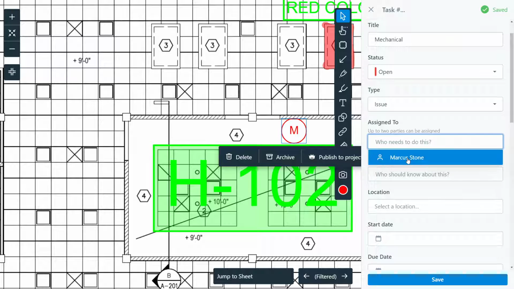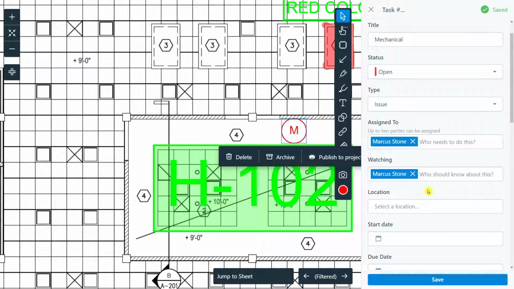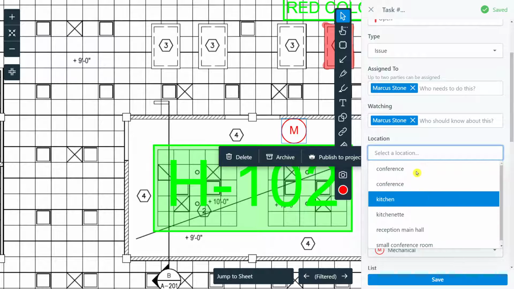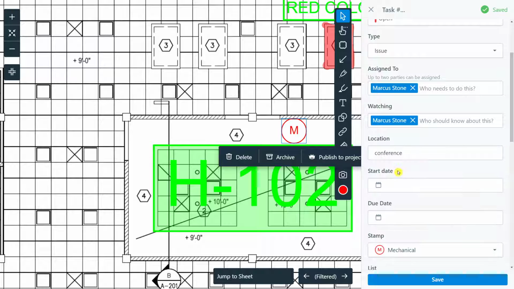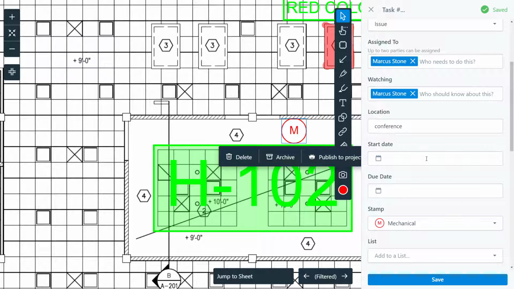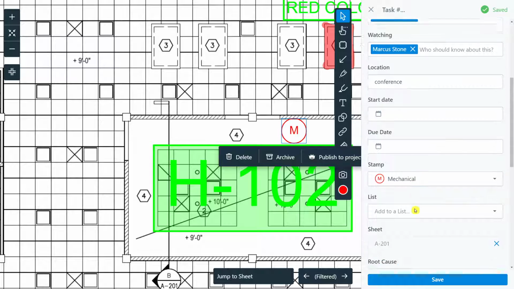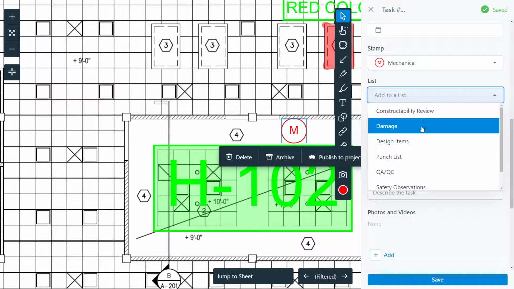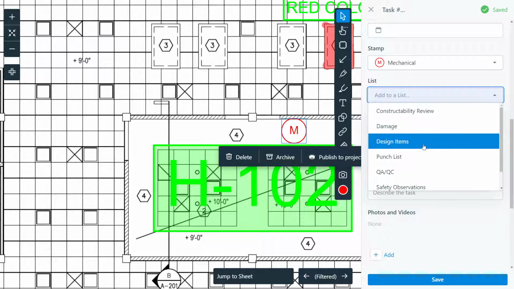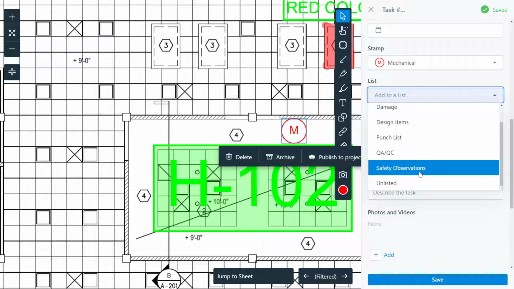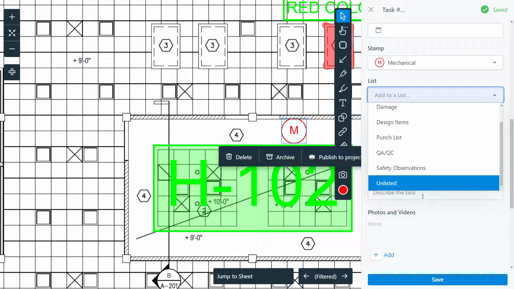Assigned to, who needs to do this, it's me. Location, again, conference, kitchen. Just choose which location it is. And then we're going to see the start date here, due date, what kind of stamp it is. You can also add it to a list if it's damage, design items, punch list, QA, safety, observation, unlisted,